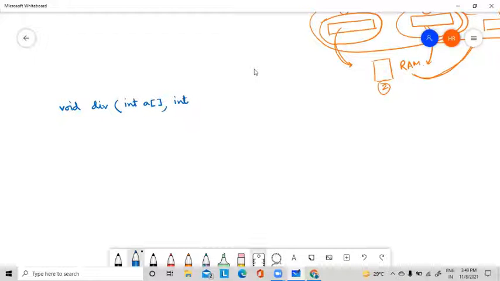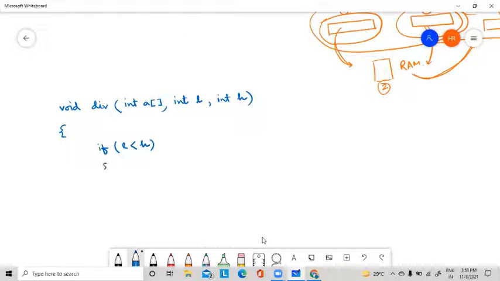To represent the size of the array, generally we pass the lowest index value and the highest index value. From these two we can easily calculate the size, correct? So that's why we send L and H. Again, this L and H is very important to check whether I have to stop my division or further proceed. What is the condition of further division? The condition is if L is less than H. If there is more than one element, then we will perform the division operation.